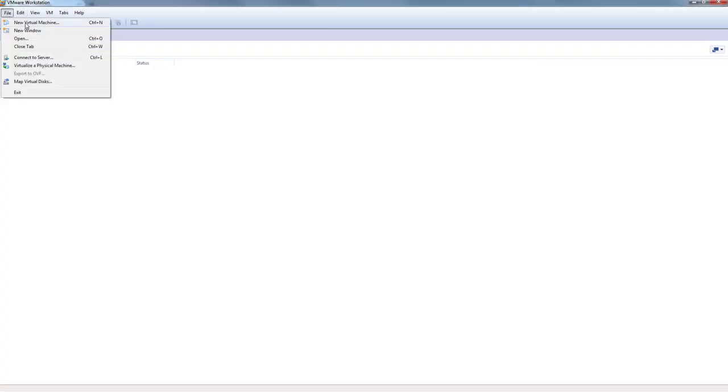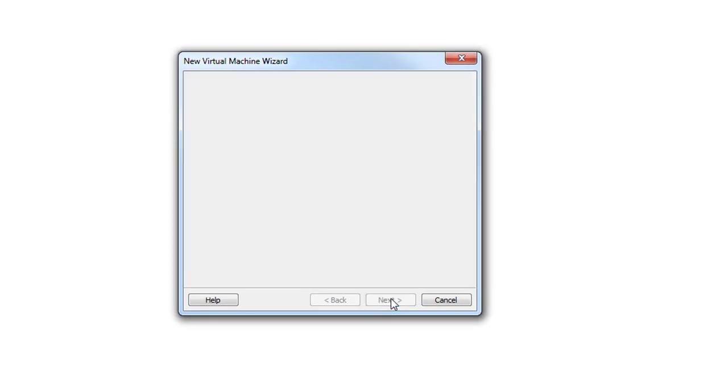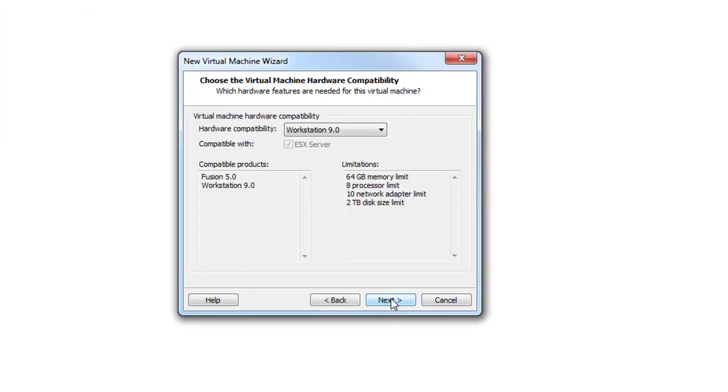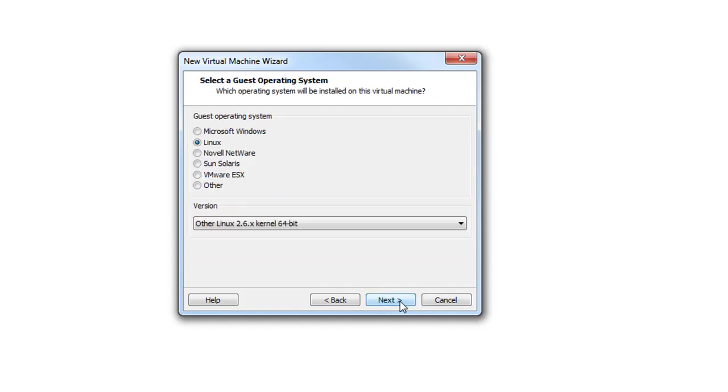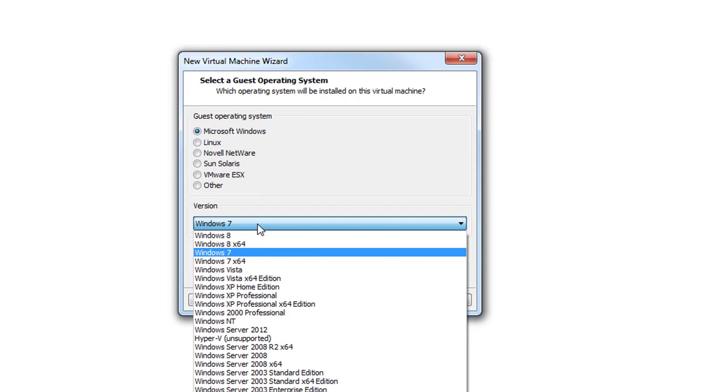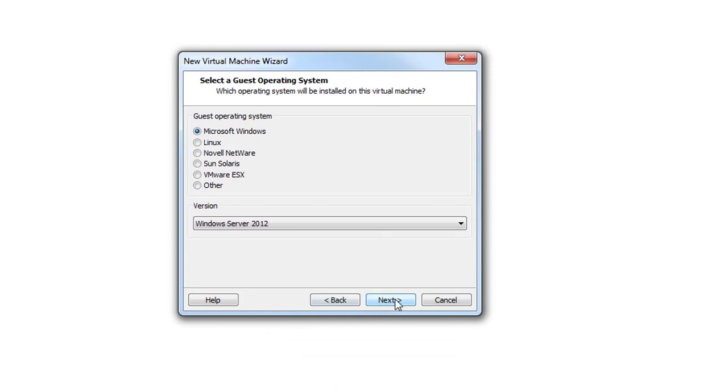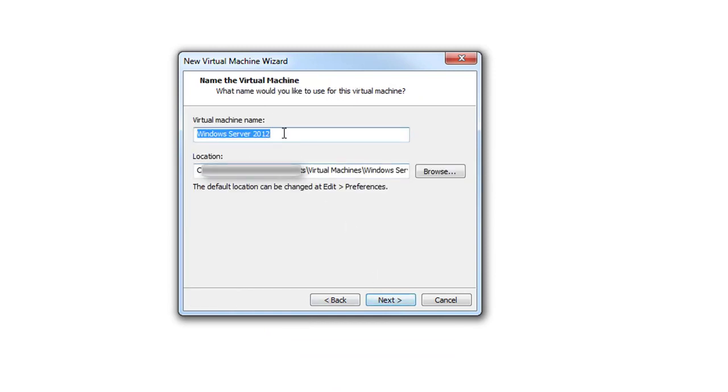We will start by creating a new virtual machine for the SMC server. We'll select the default setting, Workstation 9.0. We will select install operating system later. The operating system is Microsoft Windows Server 2012. We'll give it a convenient name, which is SMC Server. And you can select to save it either in the default location or select a different location